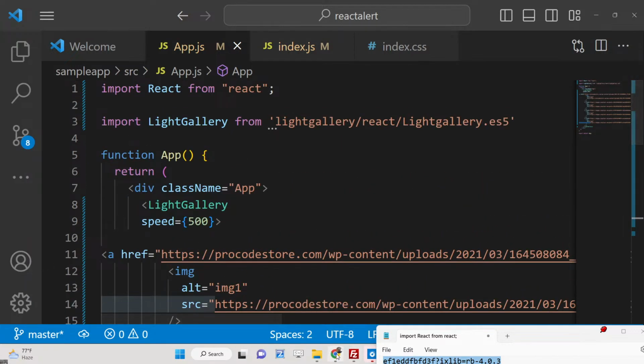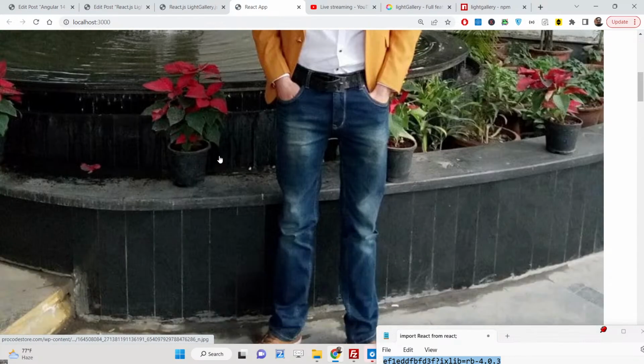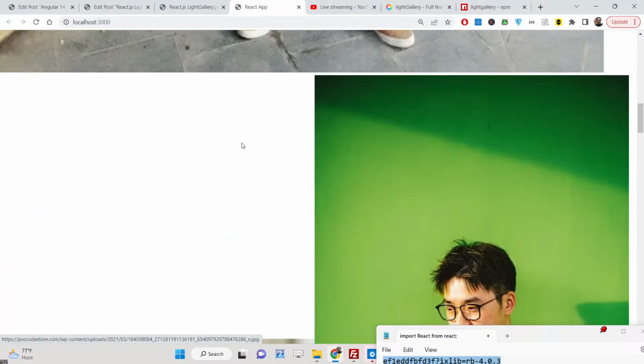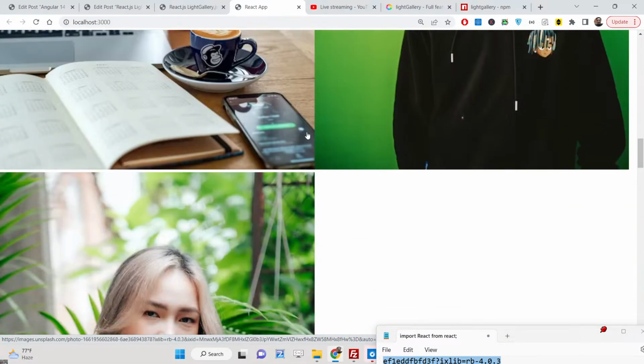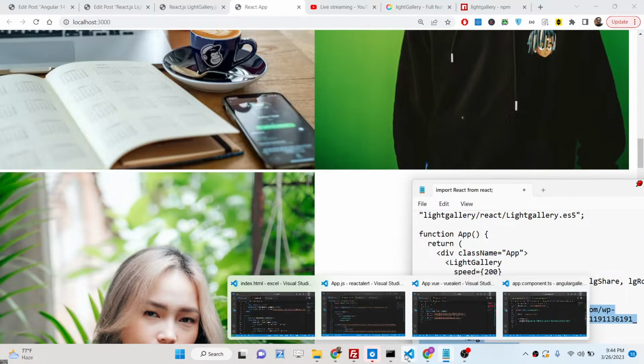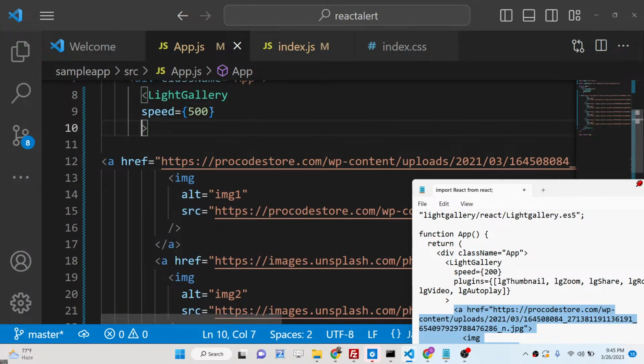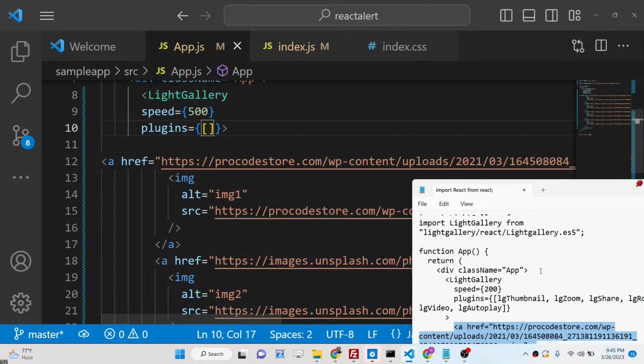So we have four images, and now if I click any of these images, nothing will happen, because we haven't initialized our LightGallery. To initialize LightGallery, it is very easy. We need to pass an option here, the second option, which is called plugins. Inside this plugins, this is basically an array of objects, and here we need to